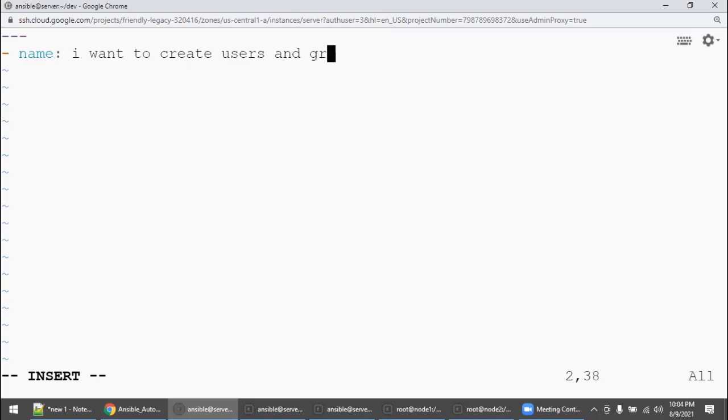But before creating users, you need to have groups in place, right? So here, what are all the missions I want? I'm about to start my task. So one space inside, hyphen, I'm starting the first task or first play, name: create group one.